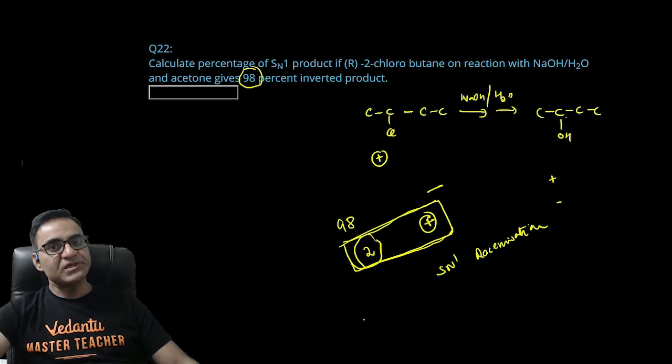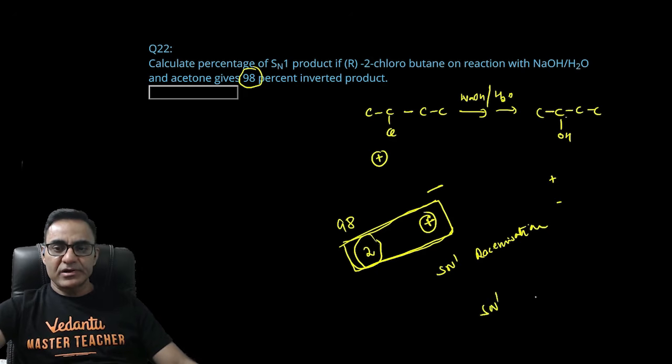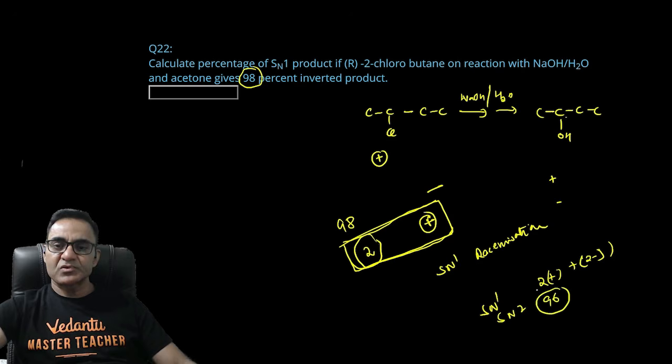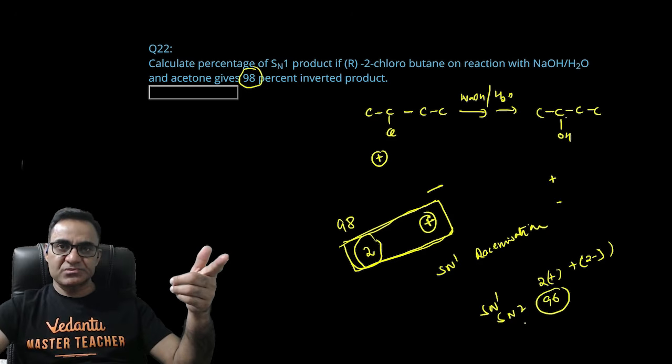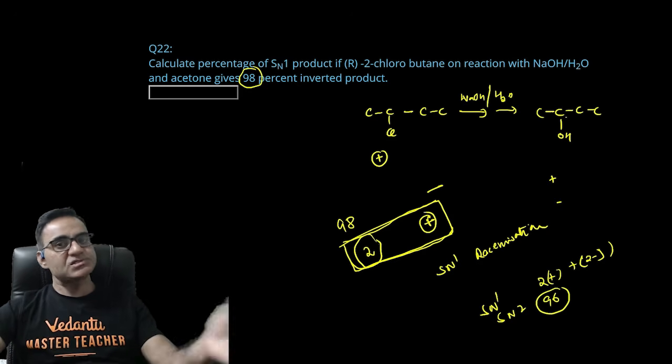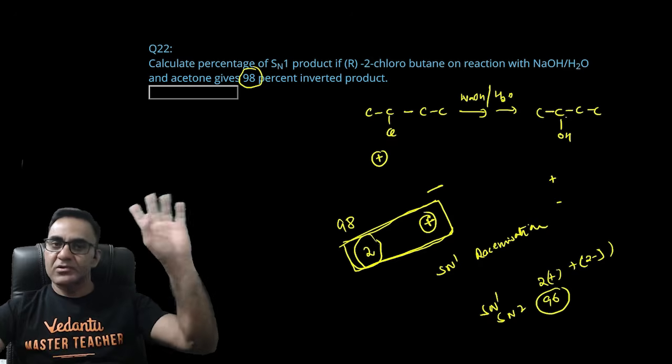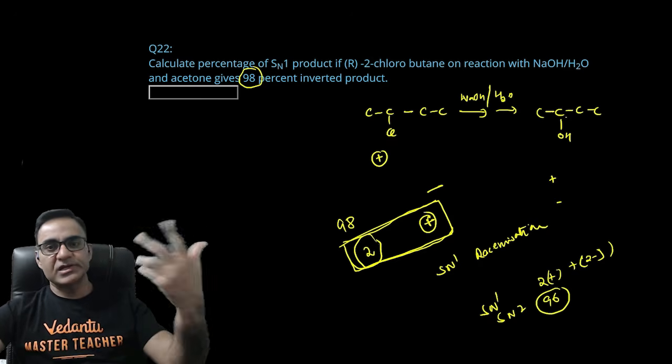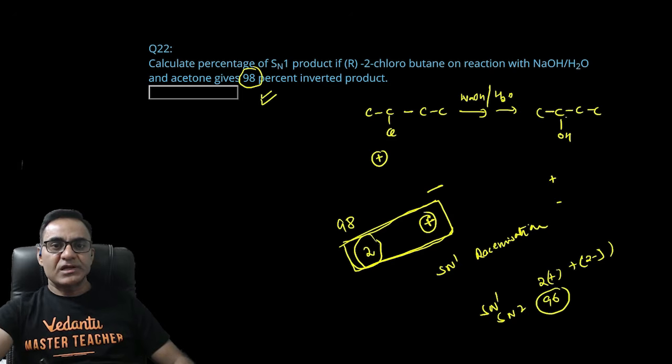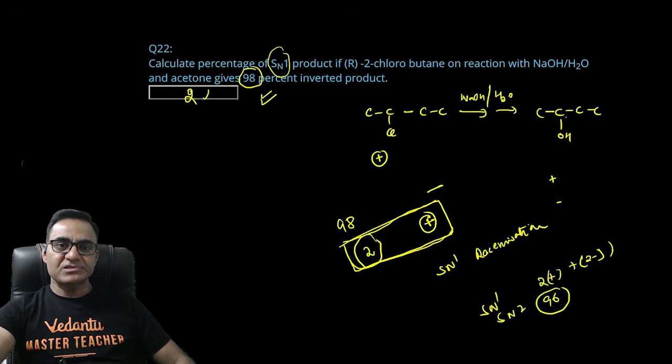अगर 2 (+) बना है, इसका मतलब जब रेसमाइजेशन हुआ होगा तो 2 (+) के साथ 2 (−) भी बना होगा SN1 में ही। तो SN1 में आउट ऑफ 100 मॉलिक्यूल 2 (+) बना और 2 (−) बना। ठीक, तो SN2 में कितना बच गया टोटल, 100 माइनस 4 यानी कि 96। तो 96 मॉलिक्यूल्स का कंप्लीट इन्वर्जन रहा होगा, और अगर 96% मॉलिक्यूल का इन्वर्जन रहा होगा तो SN2 96% मॉलिक्यूल ने दिया होगा। तो आउट ऑफ 100, 4 मॉलिक्यूल रेसमाइजेशन में चले गए, 2 (+) बना 2 (−) बना, और 96 (−) में कन्वर्ट हो गया यानी इन्वर्जन हो गया। तो इन्वर्टेड प्रोडक्ट होगा 96 SN2 वाला और 2 SN1 वाला यानी 98 हो गया। तो सारी कंडीशन को फुलफिल कर रहा है। तो हमें बताना था SN1 कितने परसेंट गया है, यानी कि 2% गया, 4% गया, सॉरी 4% गया। ऑलराइट, तो 4 इज द राइट आंसर।